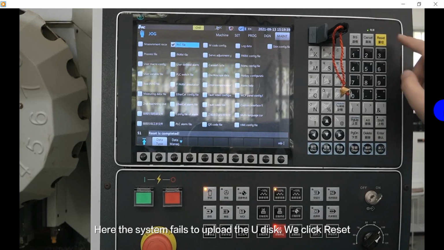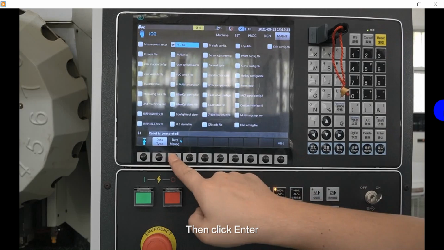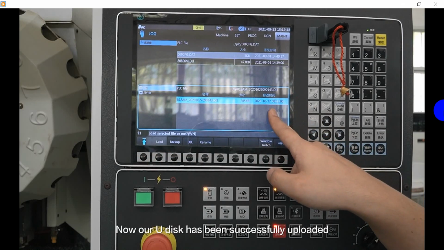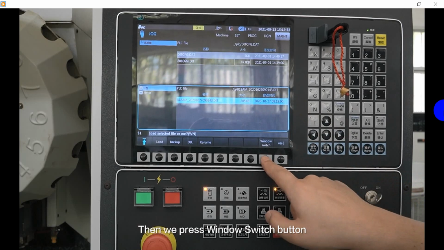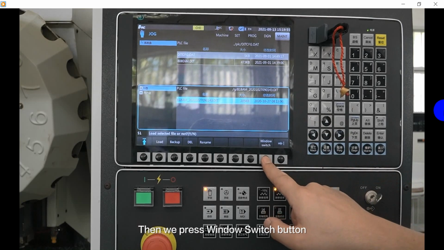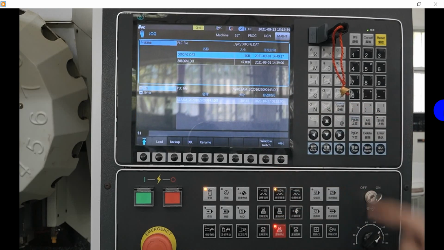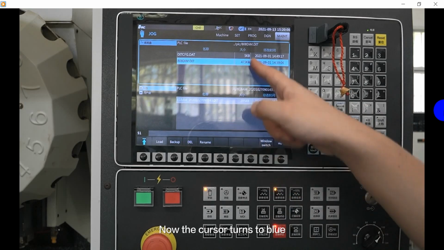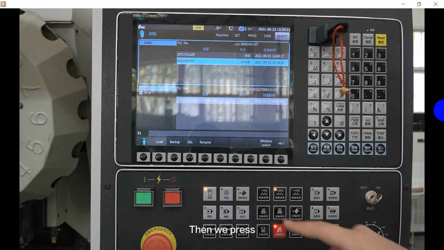Here the system fails to upload the U disk. We click Reset, then click Enter. Now our U disk has been successfully uploaded. Then we press Windows Switch button. And move the cursor to the file that we want to back up. Now the cursor turns to blue. Then we press